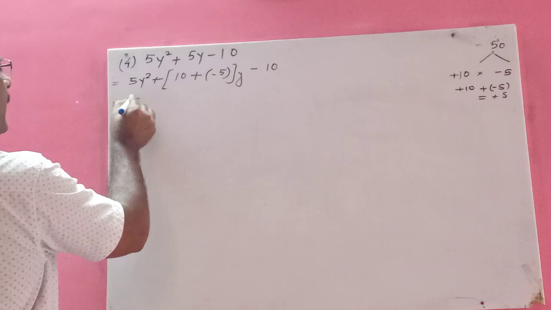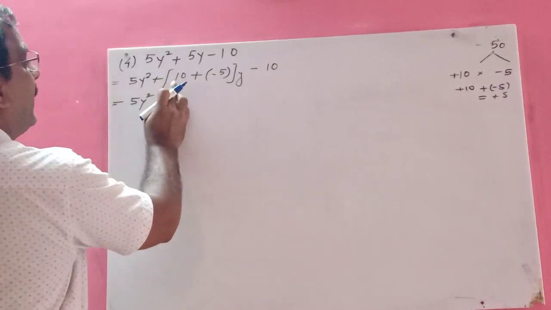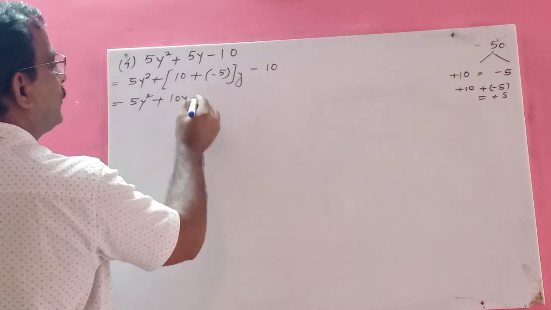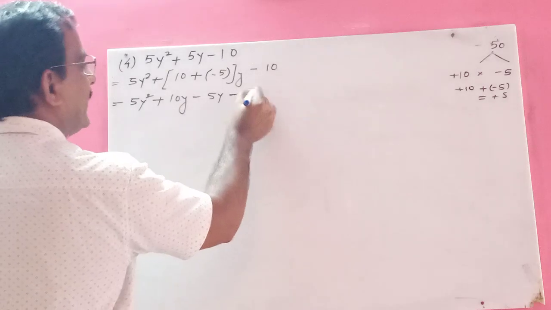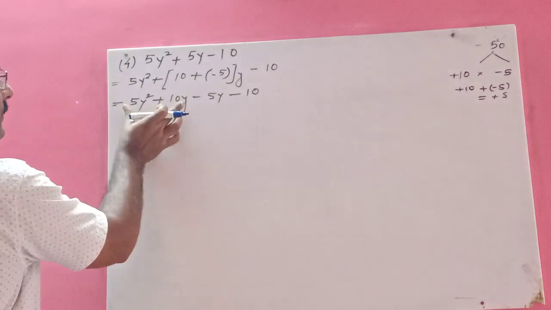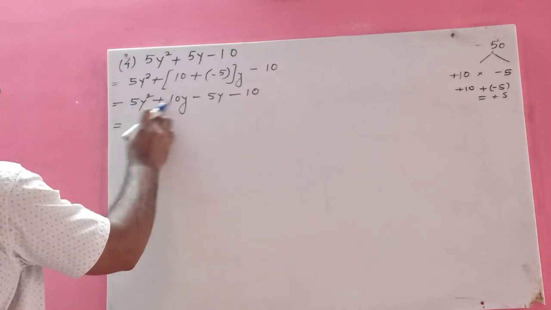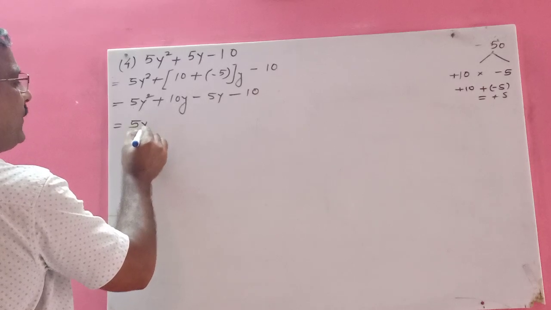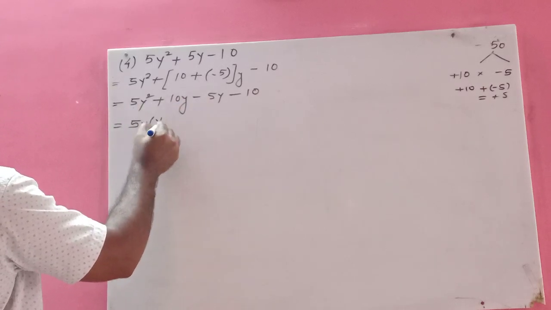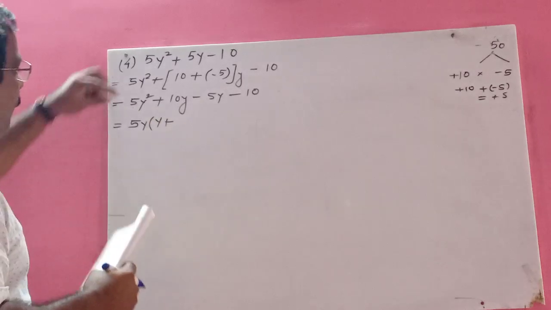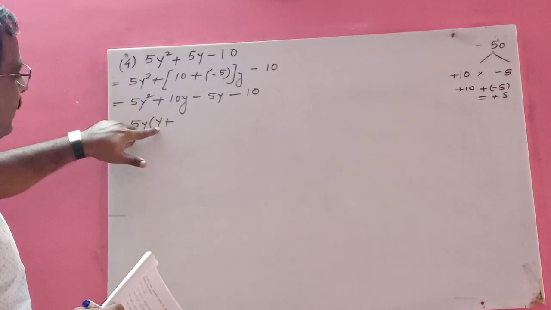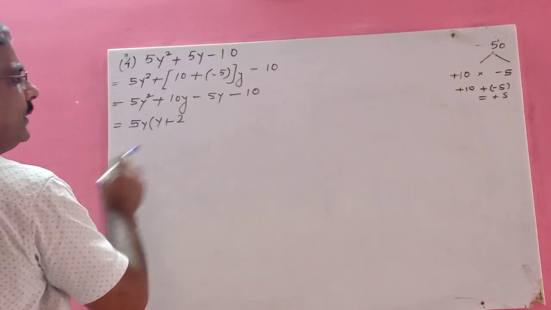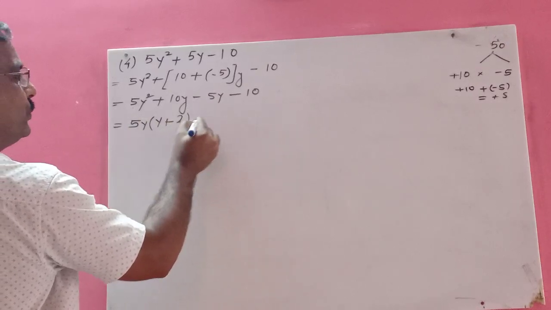Then the remaining part is as it is, children. Multiply plus 10 with y. So plus 10y. Minus 5 with y. Minus 5y. Minus 10. Among this group, take common. Both the numbers are divisible by 5. So 5 is out, common. Even 1y is common between these two. So 1y is remaining here. Okay. 5y you have taken out. 1y is remaining. Divide 10 by 5. So 10 by 5, how much will you get? 2. And this y is out. So y plus 2.